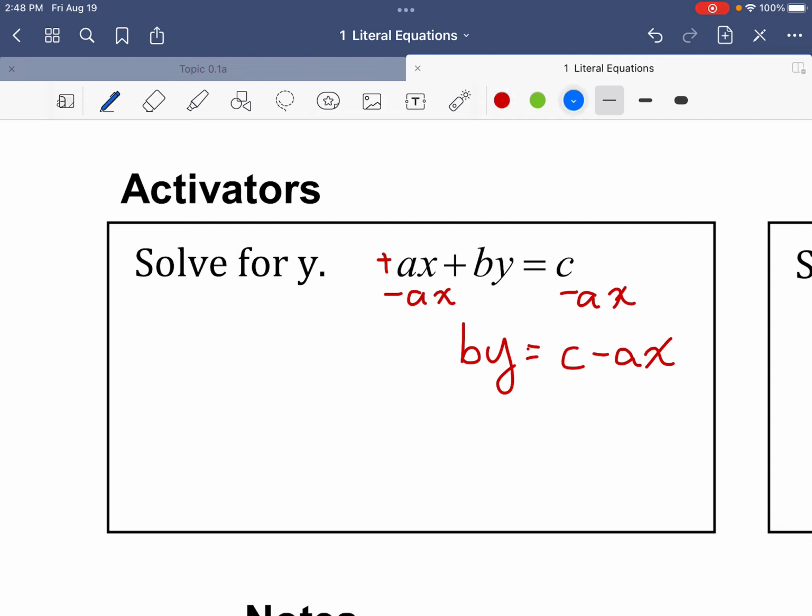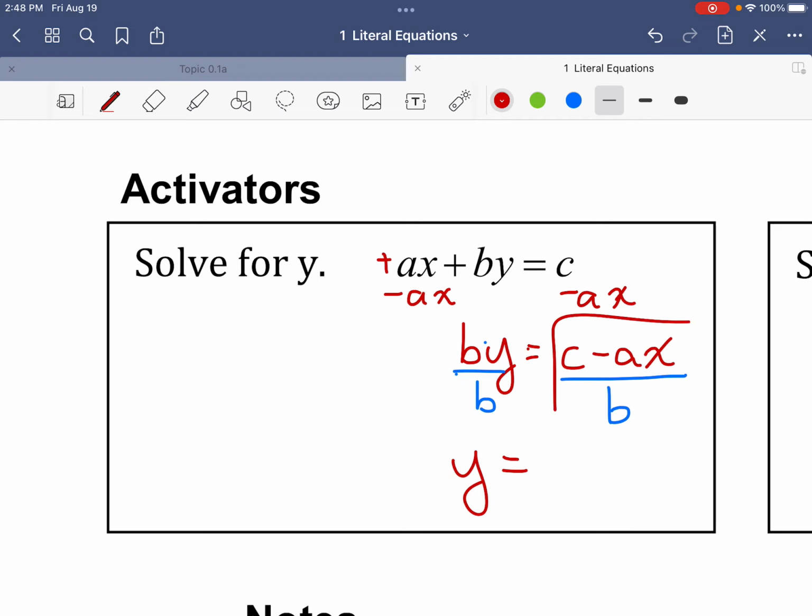Now, there's still a b that is basically with our indicated variable, and it's being multiplied. Since it's being multiplied, what I want to do is the opposite of multiplying, and that answer is I would divide. Now, that's easy to do, but do you understand that you must divide the entire equation by b? You must divide the entire side by b. So as you can see, I created a large division or fraction bar,